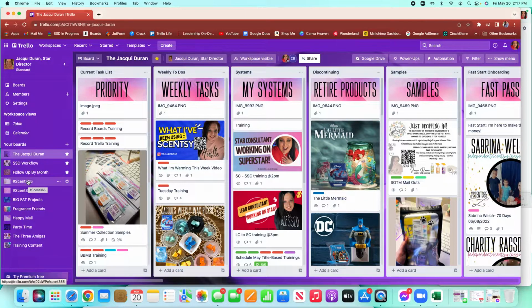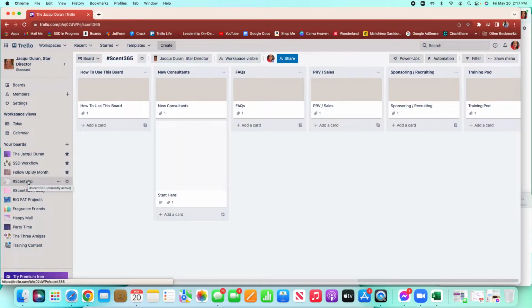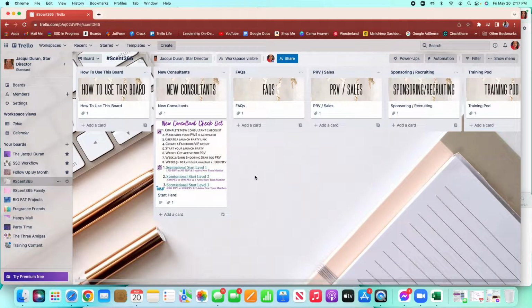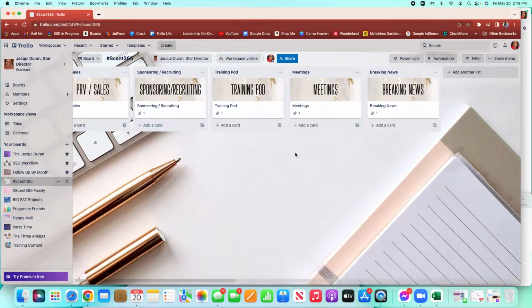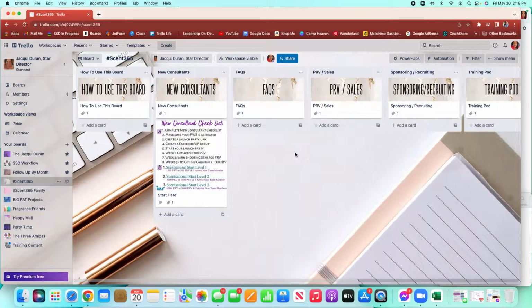this one's going to be a little bit different. So this one is a little bit cleaner. You can see this is one that I am actually creating for my direct team. So only those on my team will have access to this board. And I wanted to start this one off because it's again, it's cleaner, it's a little bit easier to see